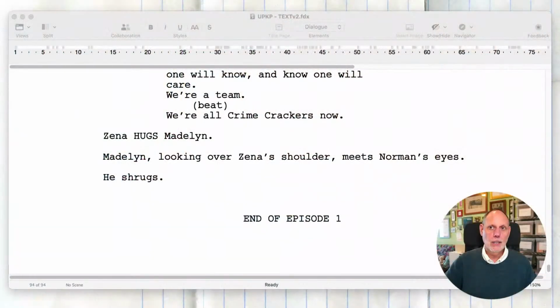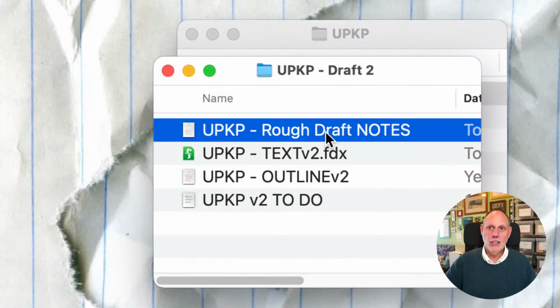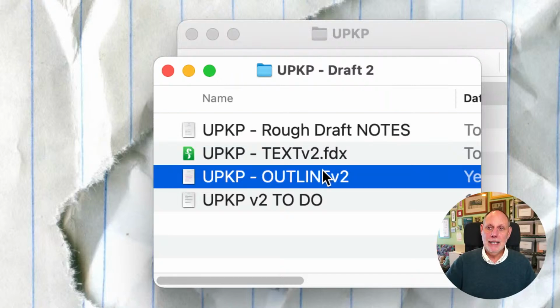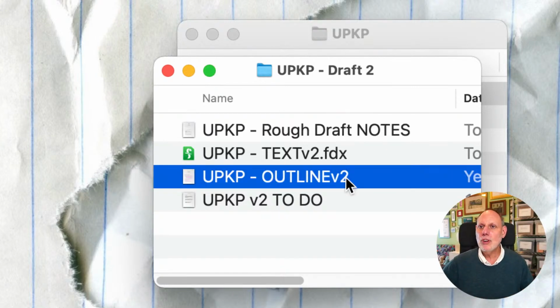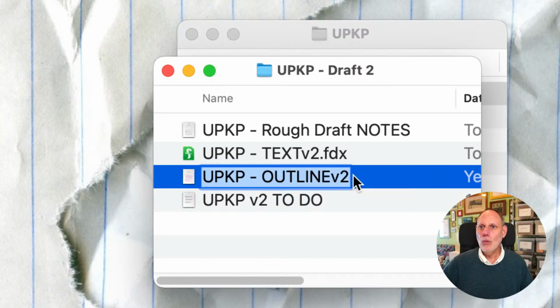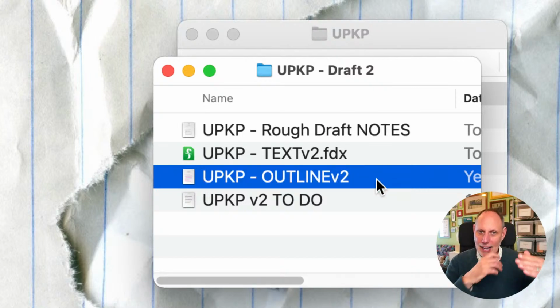So now let me throw this open to questions, because we hit a good stopping point. What I'm going to do next is next week I'm going to take these notes. Hold on. See, I got all these notes here. And I'm going to clean up the outline. Outline version 2 is the next step, is to take these notes, which I just jotted down, and really start to think them out. I said, what is this scene about? I can't leave that a question. I have to answer that. And I'm going to do that in the outline.